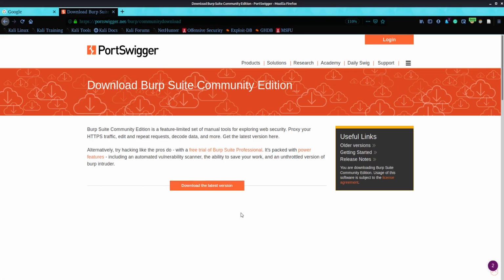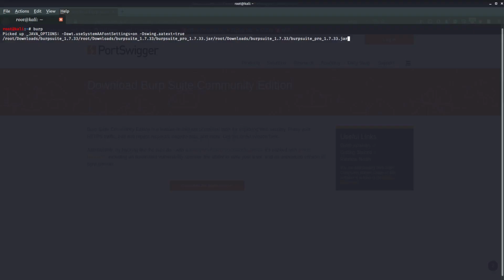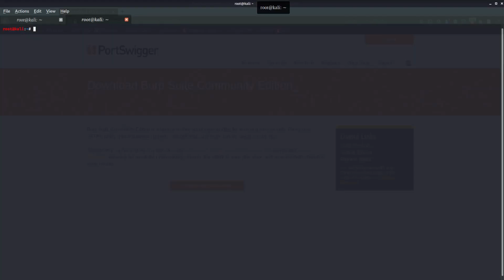When you download the latest version, open up your terminal and go to the directory where your downloaded file is. Let's suppose it is in the downloads folder, so you go to the downloads folder. Then you type sudo bash ./ and the file name. When you press enter, you will see that Burp Suite is getting installed, and then you can easily go to programs and access it.